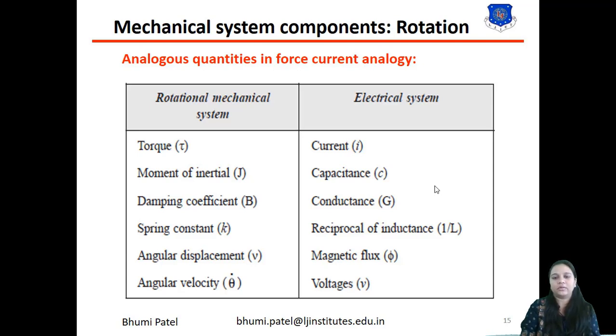For rotational motion, torque T is directly equivalent to current I, moment of inertia J is directly equivalent to capacitance C, damping coefficient B is directly equivalent to conductance G, spring constant K is directly equivalent to the reciprocal of inductance, 1 by L, angular displacement theta is directly equivalent to magnetic flux phi, and angular velocity theta dot is